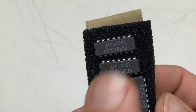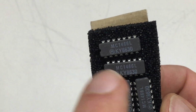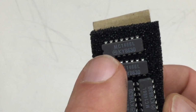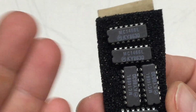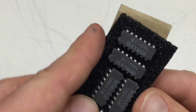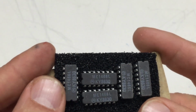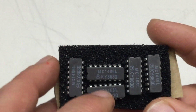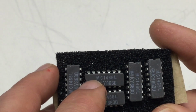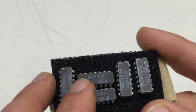MC1466L. The best ever voltage or linear voltage supply controller chip made. The best ever. Maybe. I thought so at the time I ordered them. They are no longer produced, and it's original Motorola, made in '86. They still make a lot of linear voltage regulators. I think